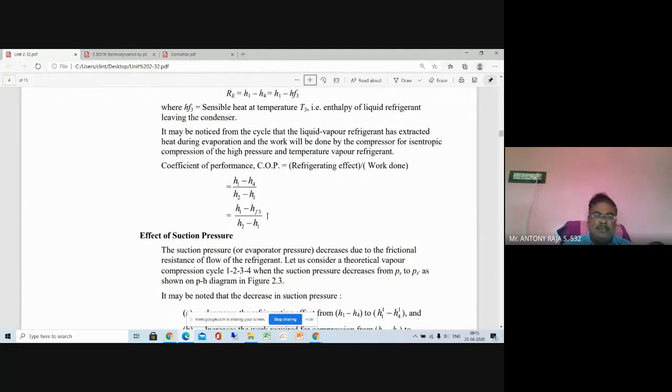So this is the formula to find the COP: the enthalpy difference H1 minus H4 divided by the compressor work input H2 minus H1. H2 is greater than H1 and H1 is greater than H4. We know that in the isenthalpic process, enthalpy remains constant during the throttling process. Therefore, H4 is equal to H3, or hf3. F is nothing but fluid, the liquid enthalpy. Okay, that's all. Now we will see